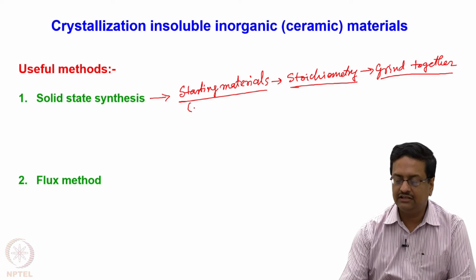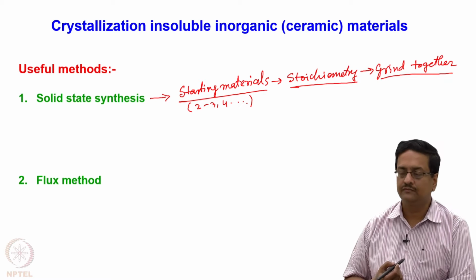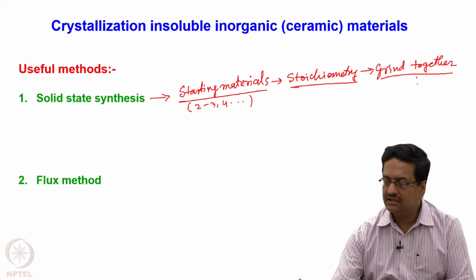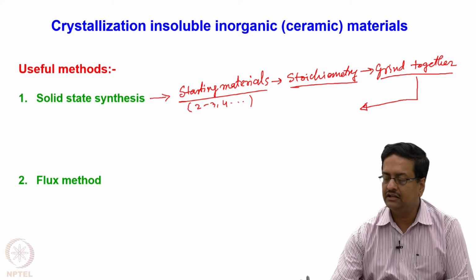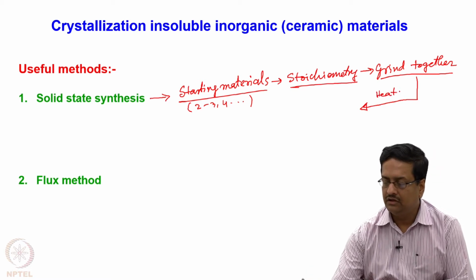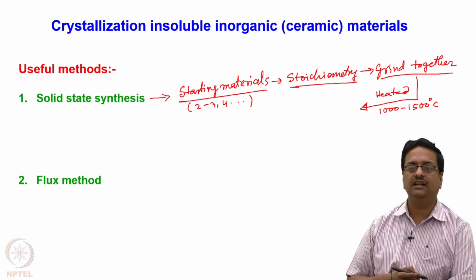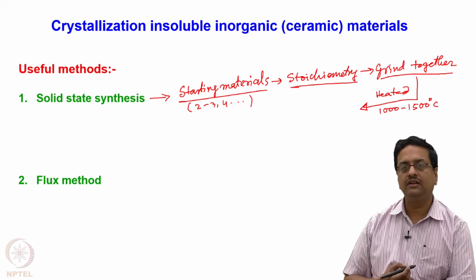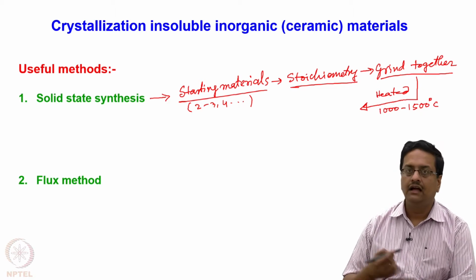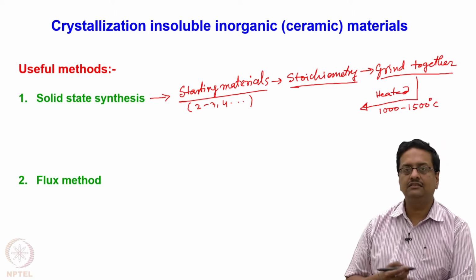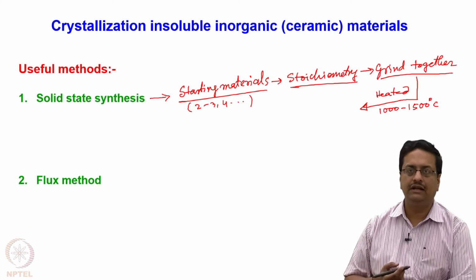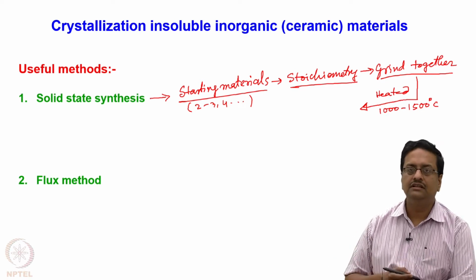These starting materials can be 2, 3 or 4 or whatever number of independent compounds. And then this powdered mixture of starting materials is heated in a furnace at about 1000 to 1500 degrees centigrade, depending on what kind of starting materials we have used and depending on their melting points. When these starting materials are heated at such an elevated temperature, all of them melt and then they start to